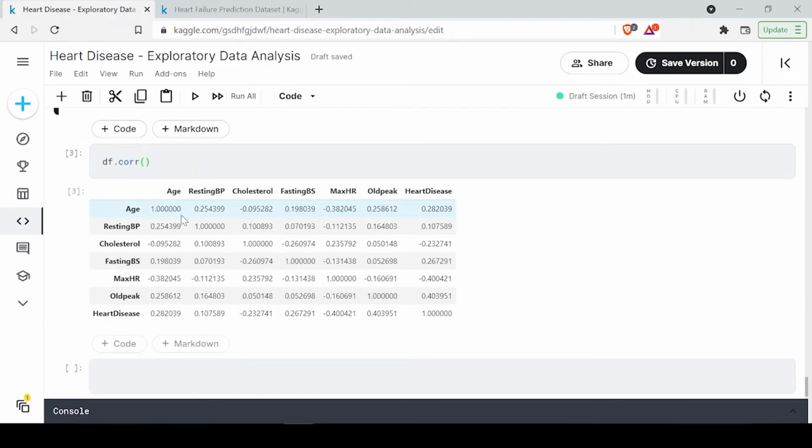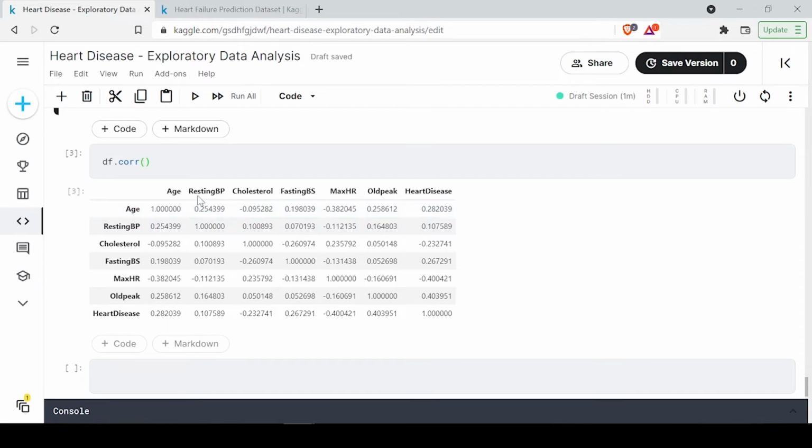Okay, so from here you can see we have a couple of numbers. What are these numbers? If I am telling you the basic correlation, the correlation between the age column and the age column is obviously 1.0, meaning 100%. If the age column is changing, it is obviously 100% dependent on the age column only. That is why the diagonal values are 1.0, meaning they are fully connected, because resting BP and resting BP are obviously 100% correlated. Okay, if I'm comparing the relation between age and resting BP, we have 0.25, meaning if